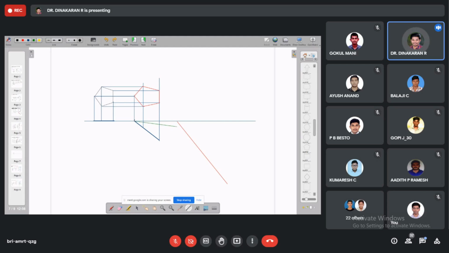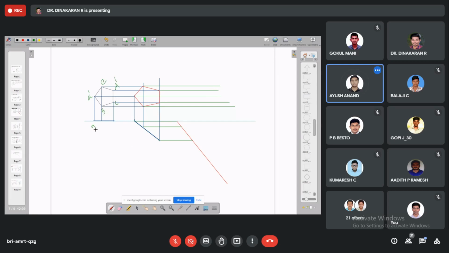In some cases, here A is there, no? A. Here B and C like that. Where a point is there, that is point 8. After that, draw horizontally from the front view also, from all the points. Then this A, you mark a point here. A dash, B dash, C dash, D dash, E dash. Okay, understood, sir, how to do. Okay, now you understand.